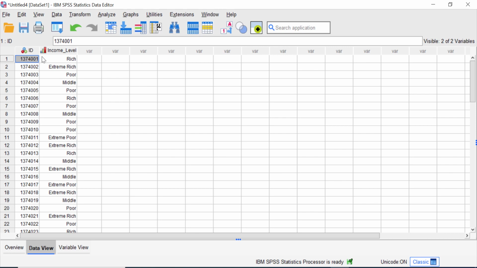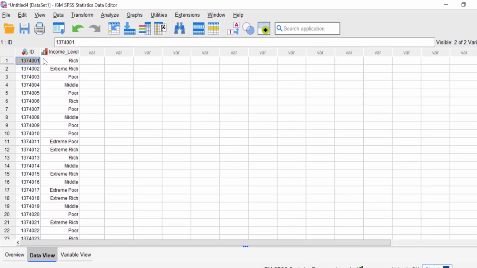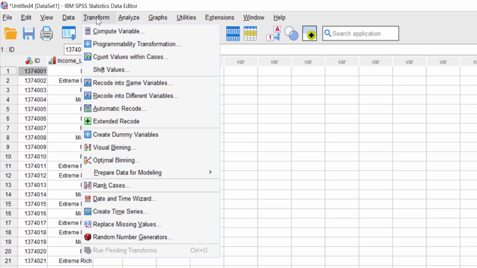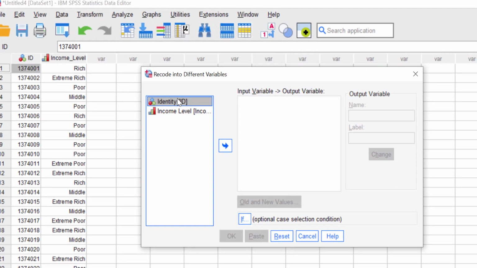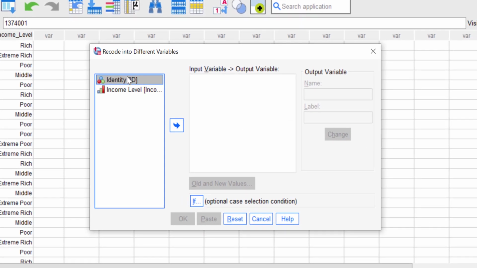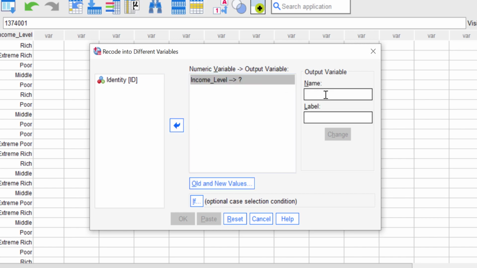We will use the recode into different variables method. Go to transform and select recode into different variables. You will see a dialog box appear on your screen, and at the left box, select the variable that we want to recode, click it, and then click the arrow button to transfer it to the variable box. In the output variable field, type the name of our new variable. Let's make the new name income level underscore recode,